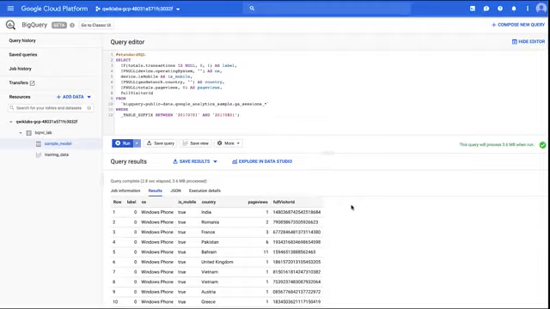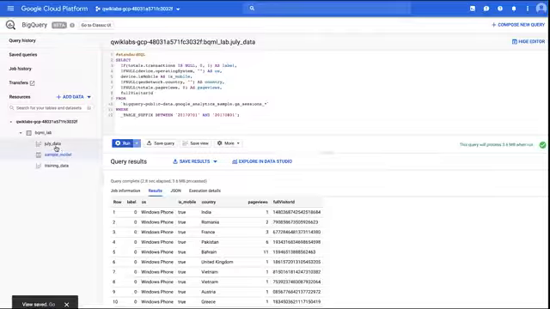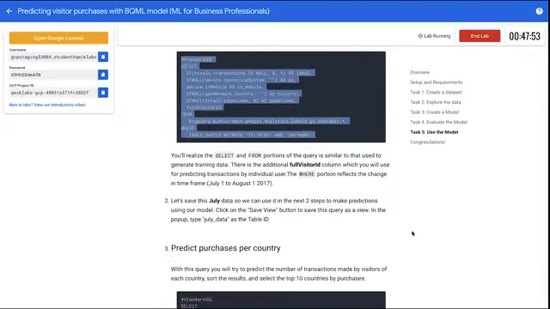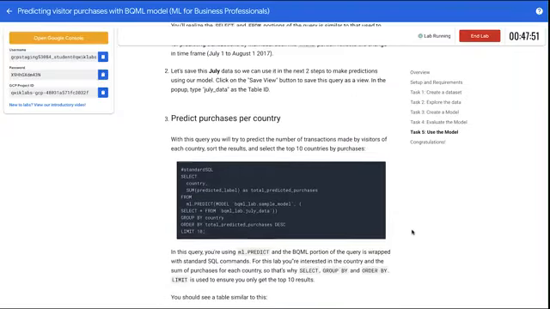Let's save it. So now you'll see that new view I just created with data we collected for the month of July 2017.